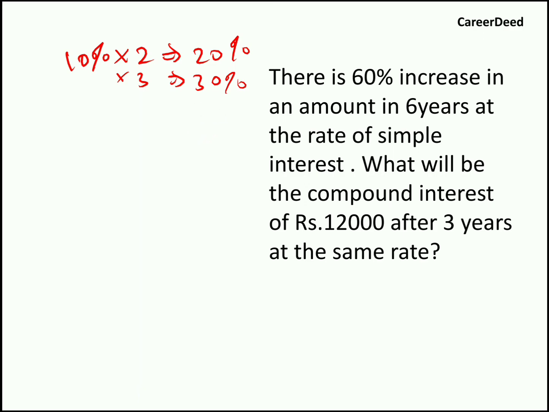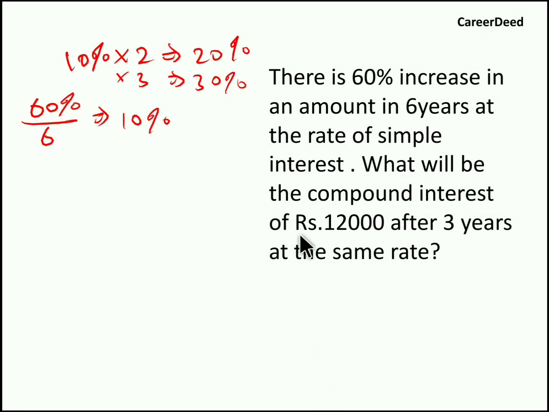So constantly the rate of interest will increase, right? There will not be any change. But in compound interest, interest will change for the consecutive years, right? For the previous years, if it is 10% interest, for that 10% also we have to pay another 10%, right? Now for 6 years, if it is 60%, what is 1 year's rate of interest? 60 by 6, which is 10%, right?